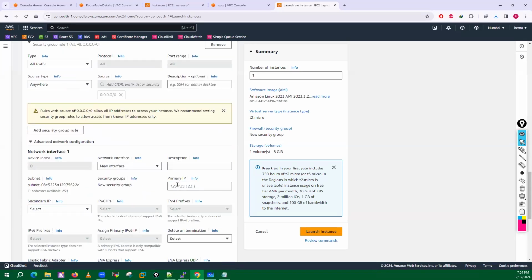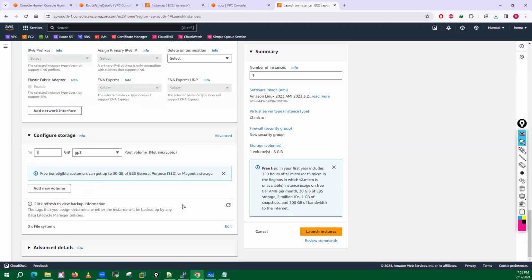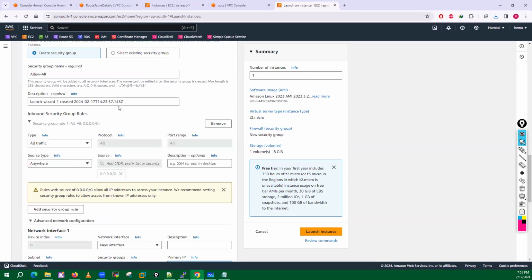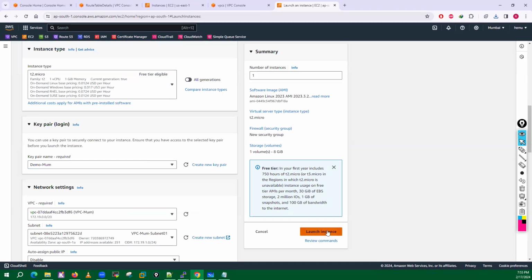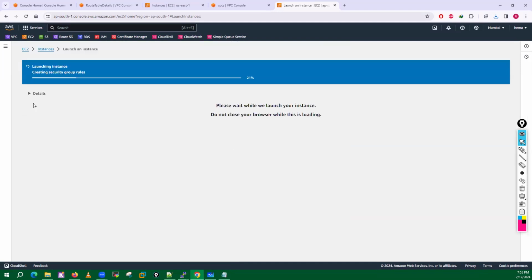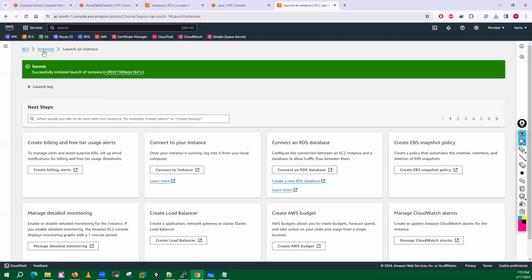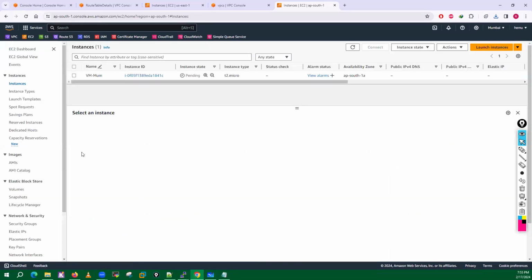Advanced. And I want the IP address 172.19.1.100. Everything is fine. Go ahead and launch this machine. Machine is launched.